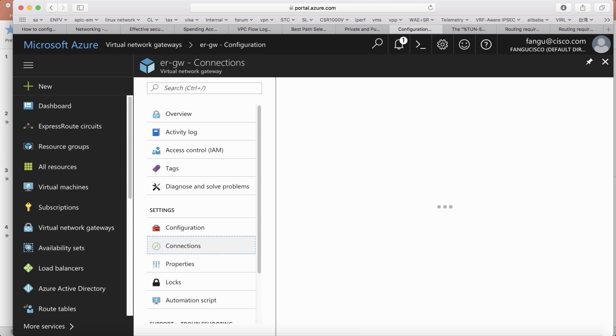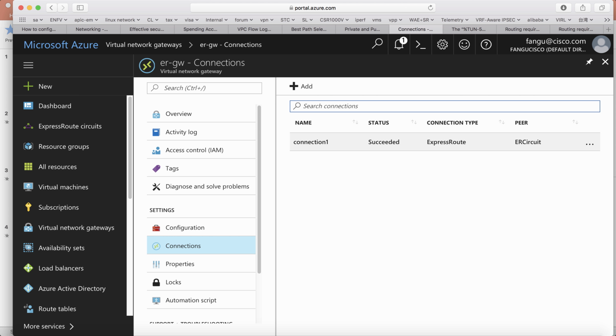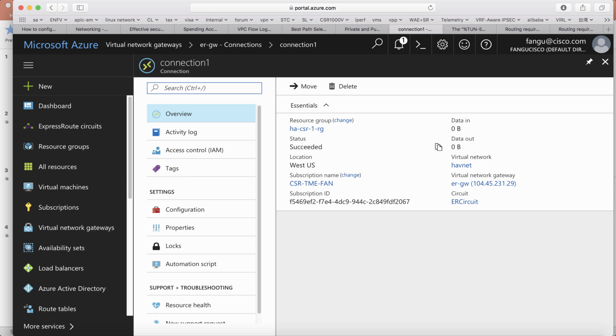If you take a look at the connection, that's the connection I talked about. You need to create a connection after you create the virtual network gateway. Basically, this will link the virtual network gateway to your express route circuit. And as you can see, it's already provisioned. So now